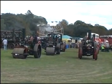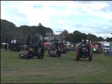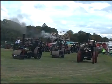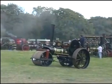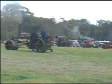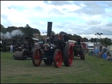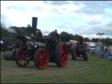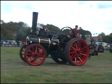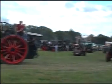Thanks very much. And now another of those famous names, Burrell of Thetford. In this particular case, one known as Cromwell. An altogether heavy-duty engine. Now, of course, we tend to think of the canopy as being the preserve of the roller and or the showman's engine. However, various other types of engine in agriculture did have canopies fitted, depending on the owner or operator's view on protecting their crew or indeed themselves from the weather. Racer barrels, no less, as we go to...